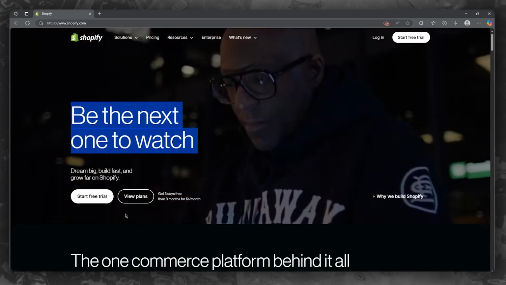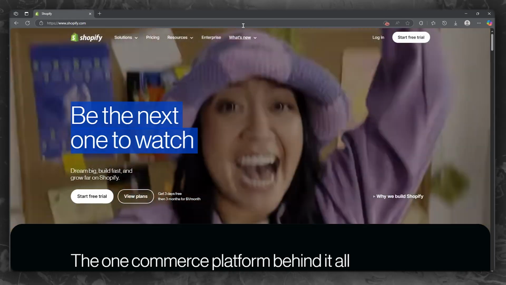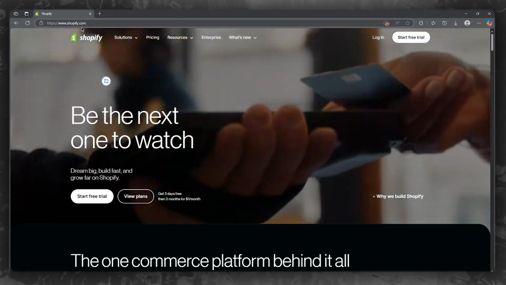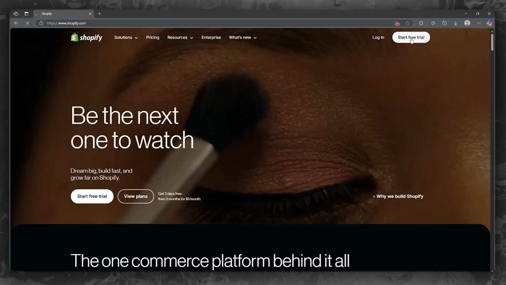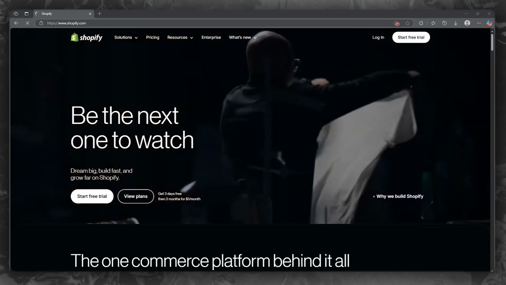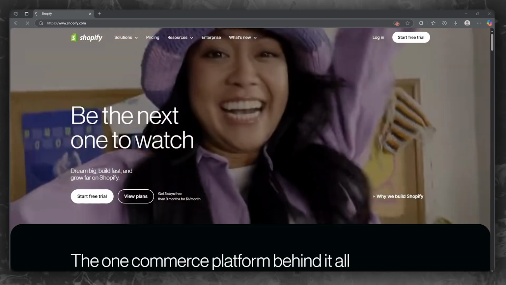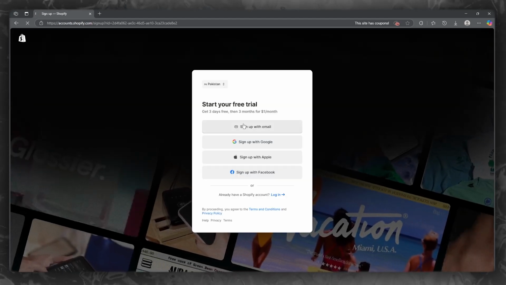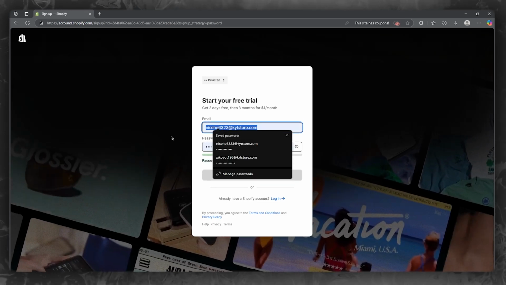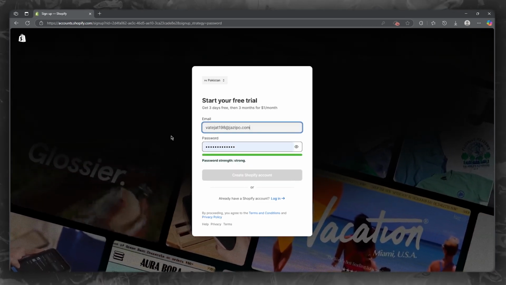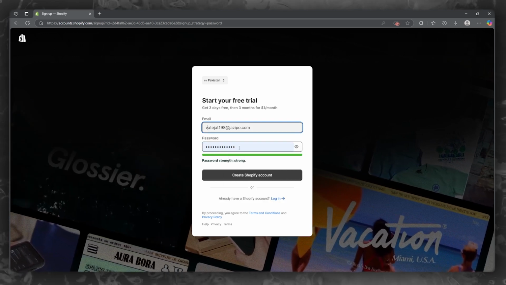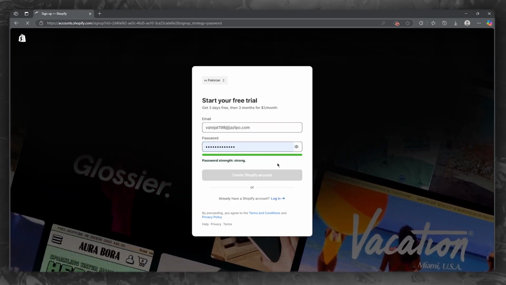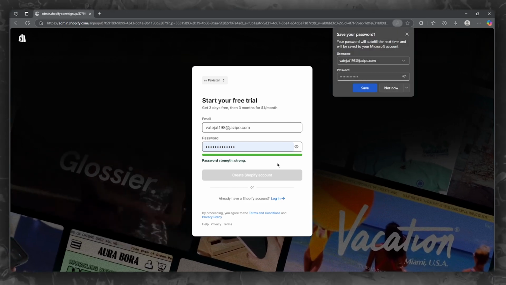So to start things off, you're going to go over to your Shopify website, which is shopify.com. And right over here, you're going to click on Start Free Trial. Now, once we come up over here, you're going to click on Sign Up with Email. And right over here, simply add your email, and once you've added your email, add in your password as well. Make sure it's a strong and secure password,